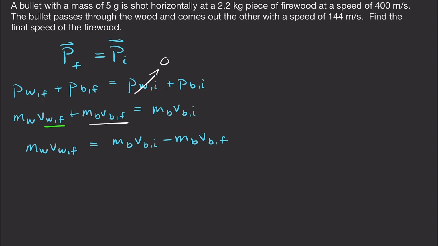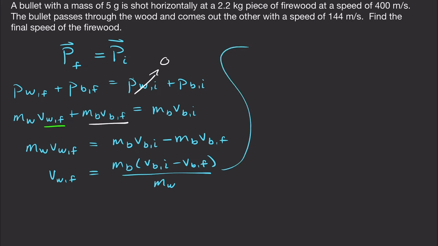And now I can divide by the mass of the firewood, and I'm going to factor out the mass of the bullet just to make it easier to plug in. Divide by the mass of the firewood. And so now, if I plug all these numbers in there, I'll get